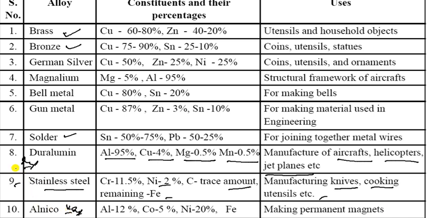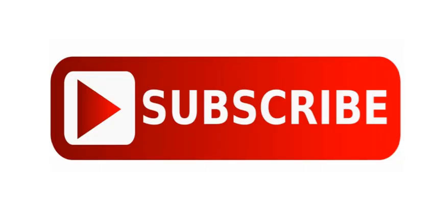Now come to the ninth, stainless steel. It is chromium 11.5%, nickel 2%, and carbon in trace amount, remaining iron. Used for manufacture of knives, cooking utensils. Now alnico is also an important alloy. Aluminum is 12%, cobalt is 5%, nickel is 20%, and the remaining is iron. It is used for making permanent magnets. So alnico is a very important alloy. So you have to learn by heart for your